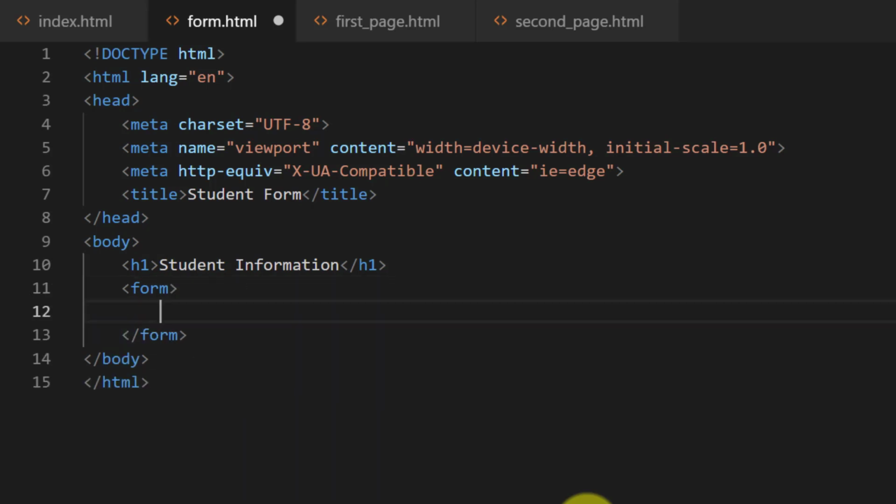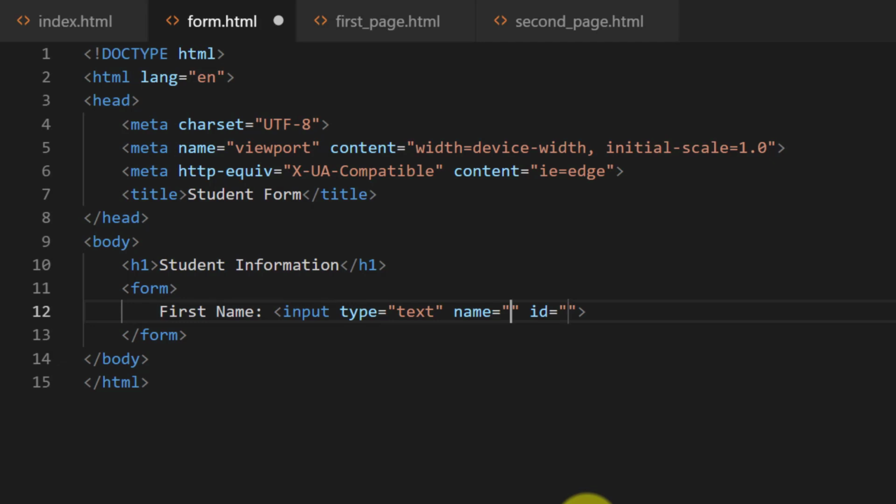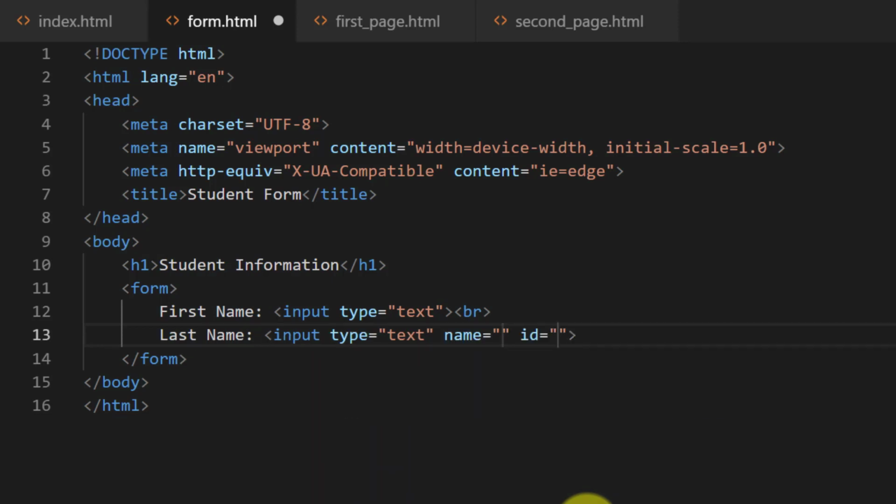and in the form tag let's write some text like first name, and the input type text, enter. And here we will not use any name and ID right now. And a break line, and after first name we will ask last name, and the input type text, then break line,